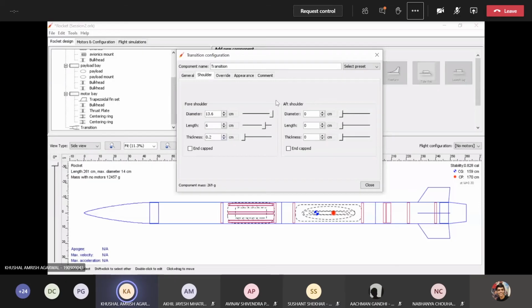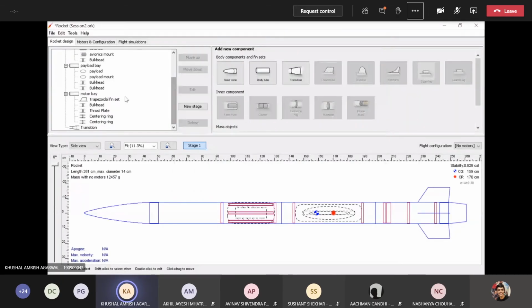Now, this is the fore shoulder. The aft shoulder means the shoulder will come on the other side of the transition. We don't want the shoulder on the other side, so we have gone for the fore shoulder. Now we have the bolts.